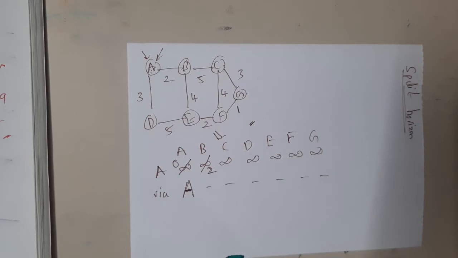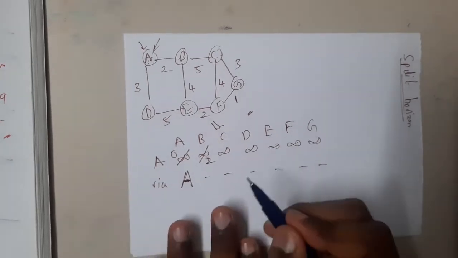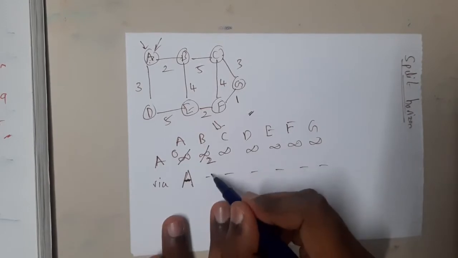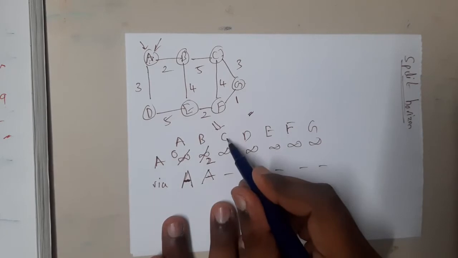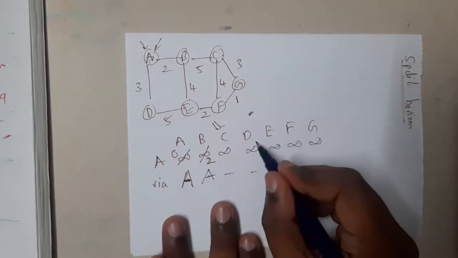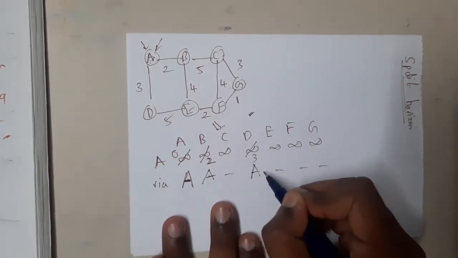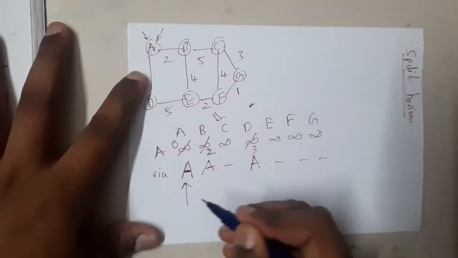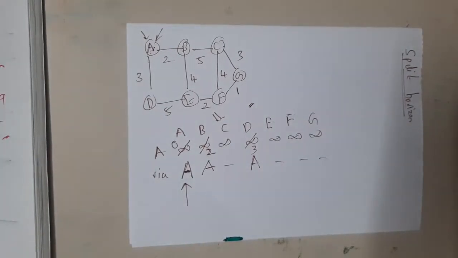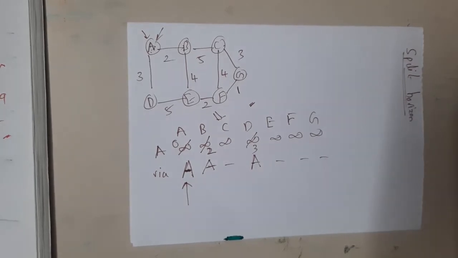There's now clarity: it is cost, it is time. Okay, so 2. With the help of A, I can go here. Similarly, from A I can go to D with the cost of 3, and with the help of A I can go here, right? Yes. So now I am done with A. So just draw an arrow in that way, guys. Okay, so now the A part is done.